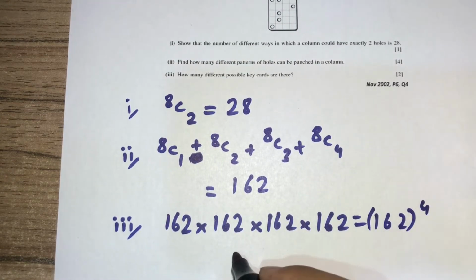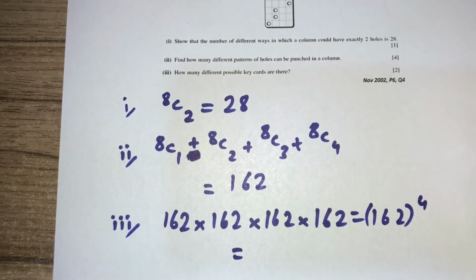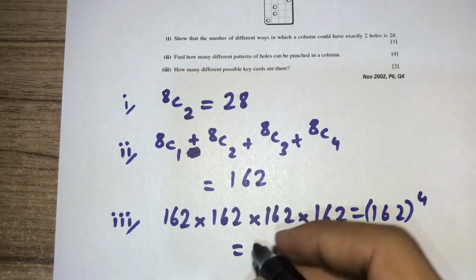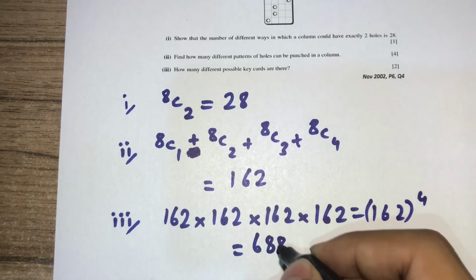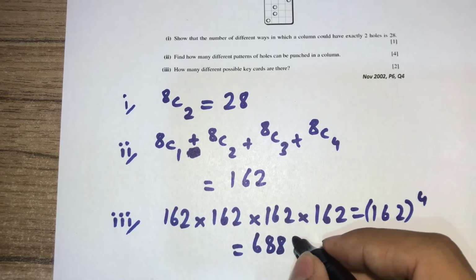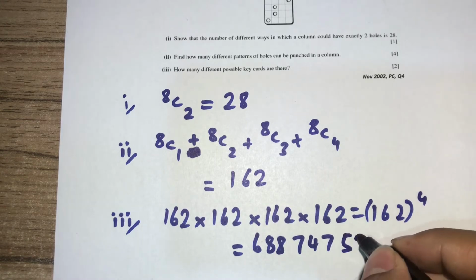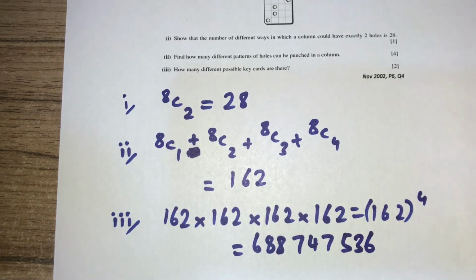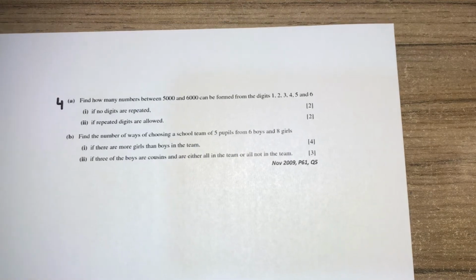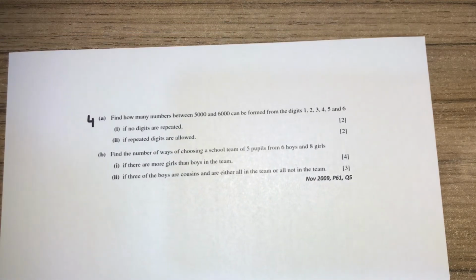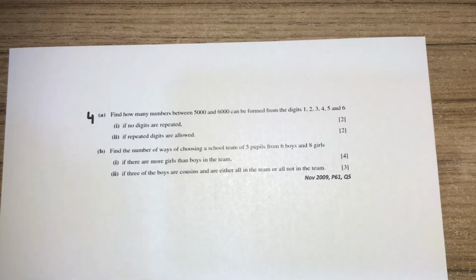4. This is equal to 688,747,536. Question 4. Find how many numbers between 5000 and 6000 can be formed from the digits 1, 2, 3,